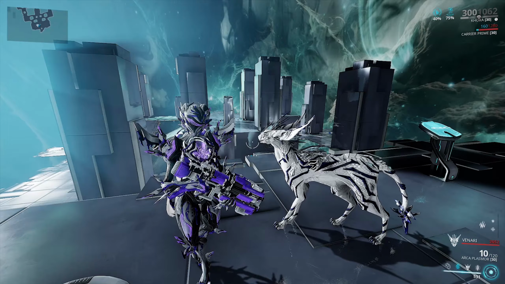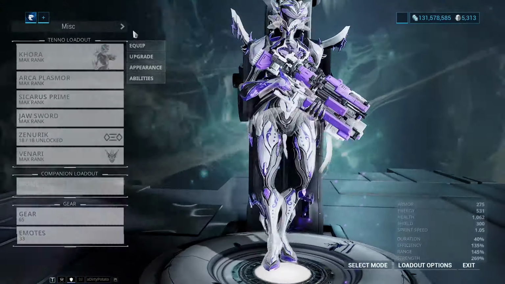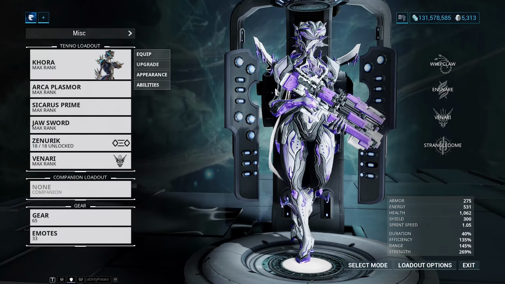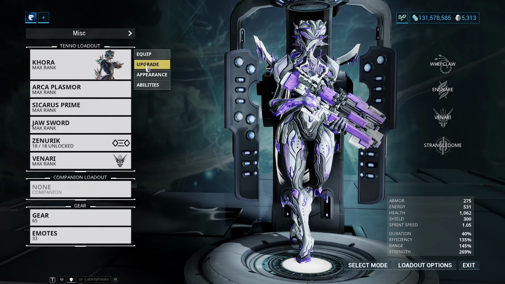So, what we're going to do, my DPI from my mouse went a little bit crazy there because it's a wireless mouse, and it just turned itself back on, so it took a little while to register. That was what the weird flick was, but yeah, let's go ahead and take a look at the Khora build